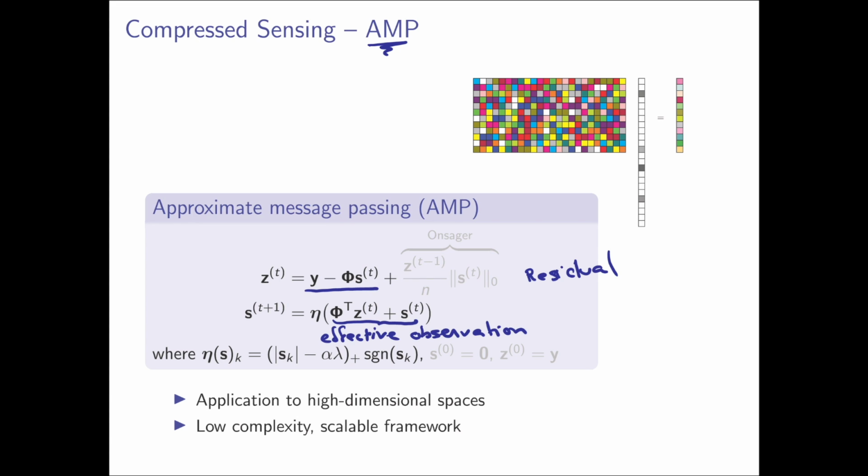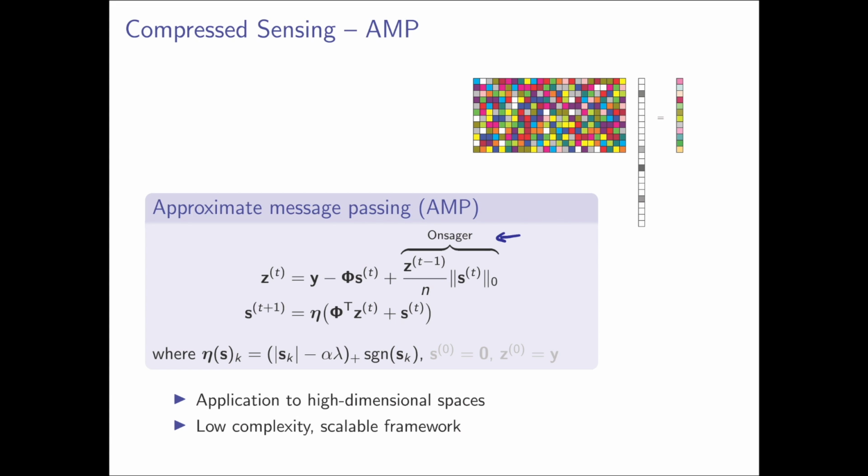The last step is denoising. This is an opportunity to improve your current estimate of what vector s should be by taking into consideration the effective observation as well as the known structure of the signal. For instance, when s is known to be sparse, a common denoising function is the soft thresholding operator shown here. So far, our explanation of AMP is very much aligned with iterative soft thresholding. The last component of the AMP algorithm is the introduction of a correction term called the Onsager term that essentially